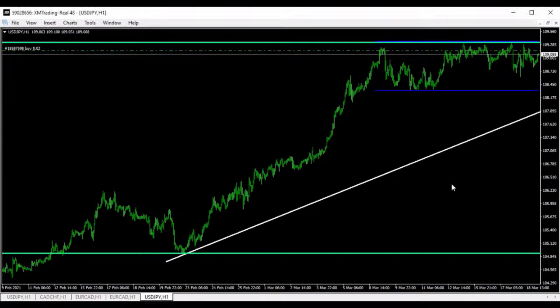Okay, this is 200. We have 500. We have our trend line. We have 200. Okay, we have 500 support resistance, which is this, and we have 200. What does this mean? This means that we got a touch on the 200 low, then we got a touch on the 200 high, then we are expecting a touch on the 200 low to create a new 200 low, which means I'm going to go again